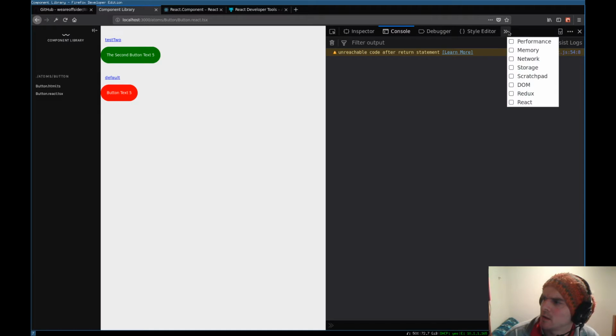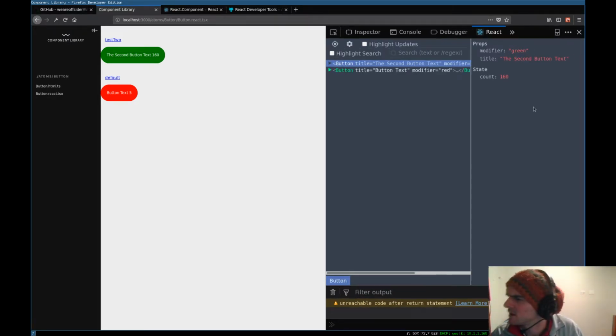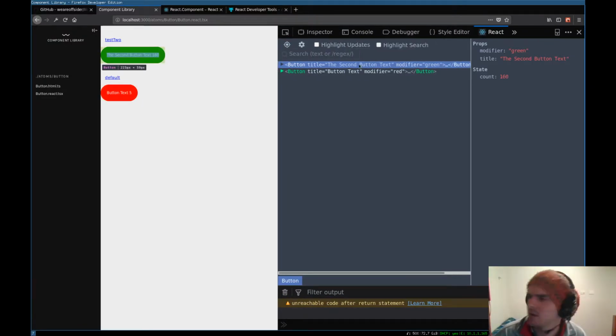Yeah, and now we can jump into React here. And you can see those components, and you can start to see all of the different things that are going on. You can see it as a state change. It's probably a bit small, but trust me, that state is changing. And let me see if I can, yeah, I can make it bigger. There we go. So you can see the counter over here,